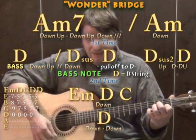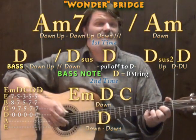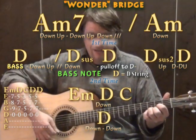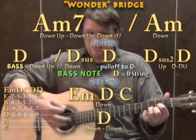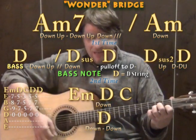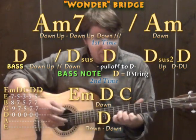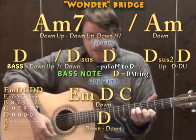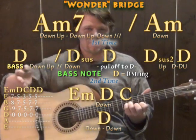A minor 7 down, A minor on the down, D with the bass, down, up, D sus on the down, pull off the D, D sus2 on the up, and then D with the down, up, A minor 7 with a down, down, A minor with a down, E minor, down, D with a down, C with a down, D with a down. And then we kind of go into kind of our...